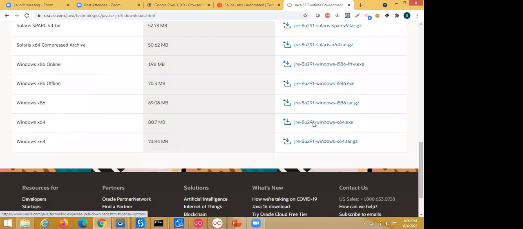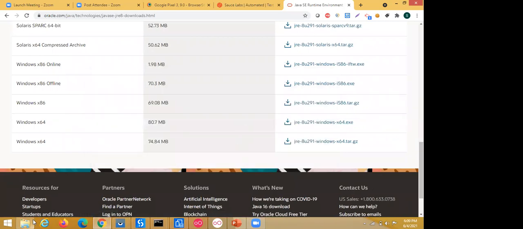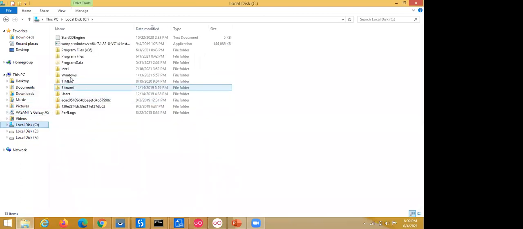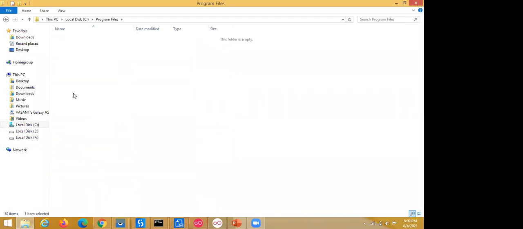Once the download is completed, select it and click on download JDK. Once this is done, just click on next and finish. Once the installation is completed, the JDK is installed in your Program Files, in the Java folder.